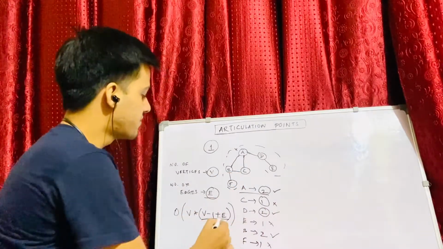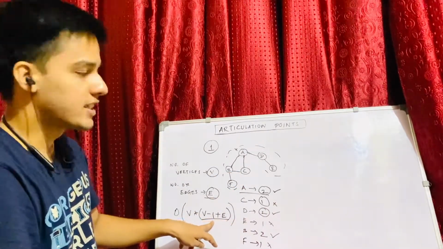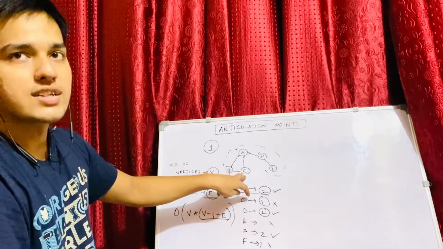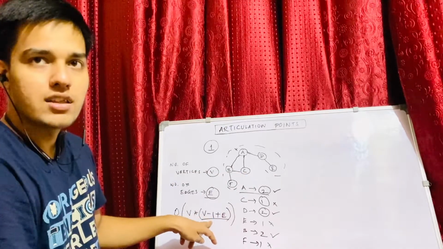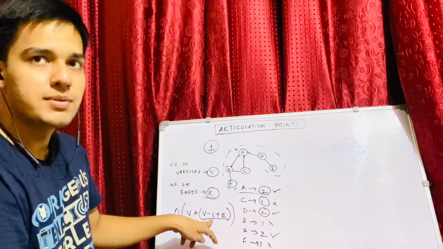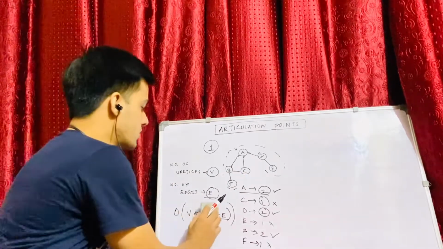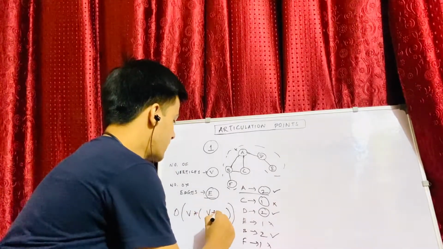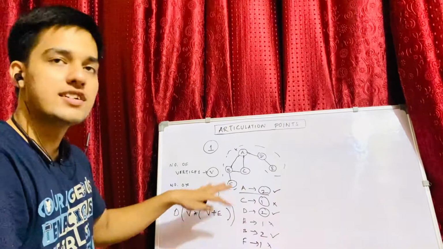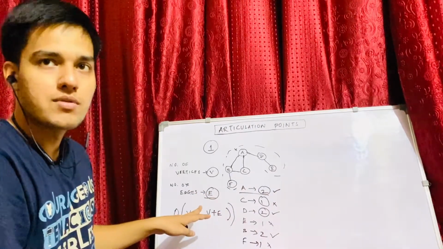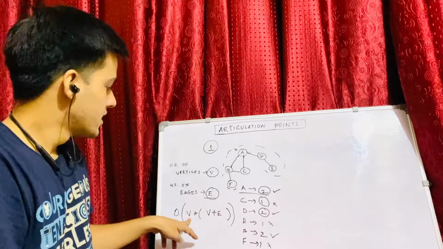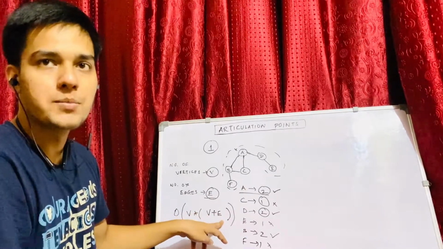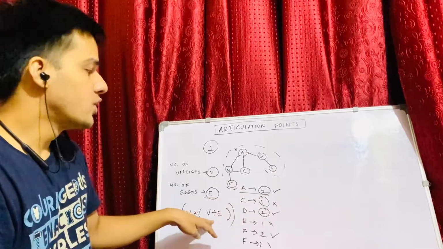So this is the DFS time that it will take in the worst case, which is V plus E minus 1, because we are removing one vertex from here. We can ignore this minus 1 because it is negligible in comparison to V plus E. So instead of this, what we could write here is V plus E. So we are just removing all the vertices one by one. So we will have V vertices, and for each vertex we are doing V plus E computations. So it will be O of V into V plus E.